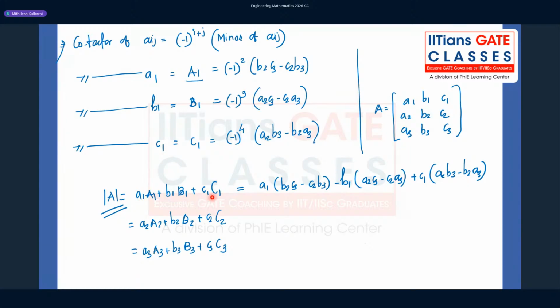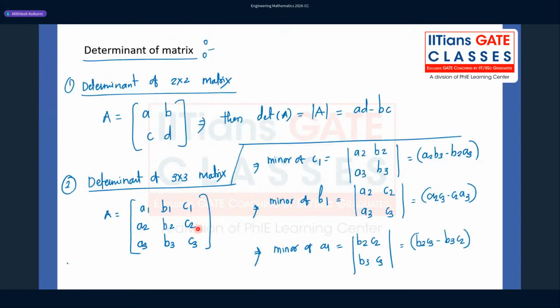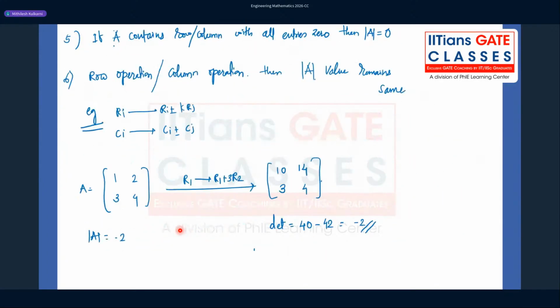A1, B1, C1 is multiplying this. A2, B2, C2 is multiplying this. A3, B3, C3 is multiplying this, right? And what are A1, B1, C1, A2, B2, C2, A3, B3, C3? These are the rows. Same goes with the columns. So this property says if a matrix contains